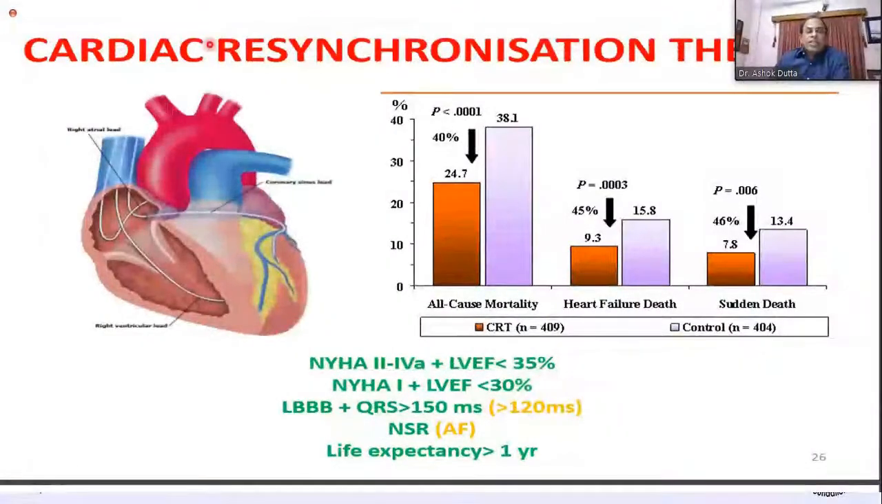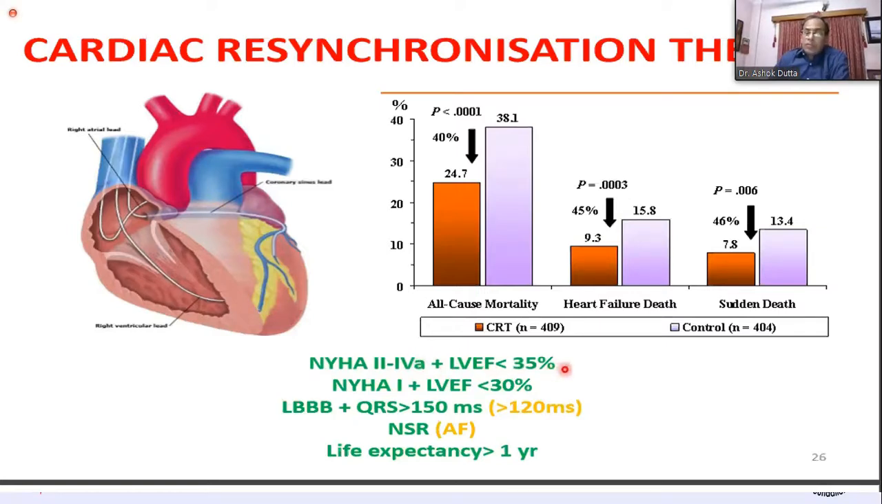So this is the CRT that includes the lead in the RV and the lead in the LV through the coronary sinus, that reduces all-cause mortality by 40%, reduces heart failure mortality by about 45%, and sudden death by about 46%. And it is indicated in all patients NYHA class 2 to class 4 ambulatory with ejection fraction less